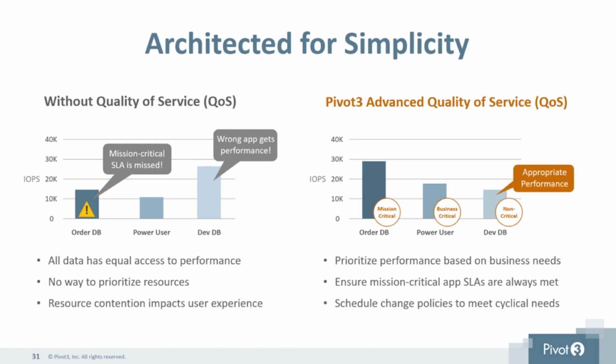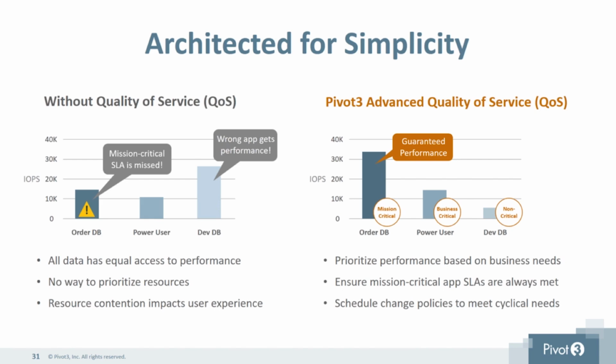And so now if you have a situation where the non-critical workload sees a spike in demand, the system will give it as many resources as it can while ensuring that your mission critical SLAs get met. Now, if the mission critical application isn't making a lot of requests, well then your non-critical workload can get more resources. So this is not a dumb throttle or a cap, which you see some people call QoS. This is actually an intelligent system that gives the maximum resources to each application, but is guaranteeing that you're hitting